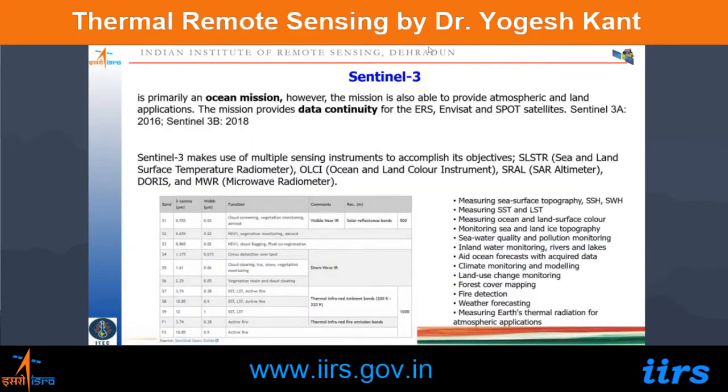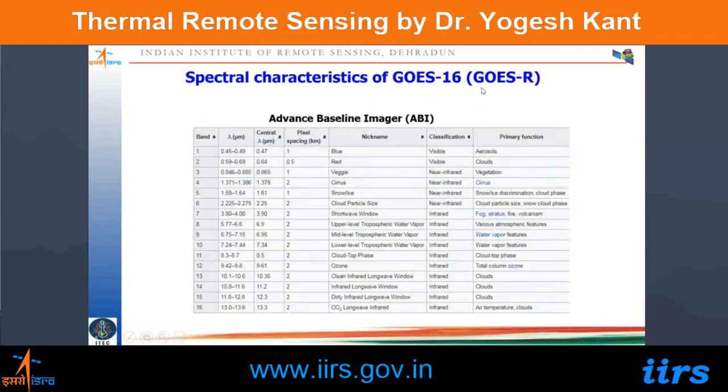So these were all the Earth observation sensors, and what I showed you are all freely available. The data and their products are freely available, and one can use and download them. And these are some examples of the geostationary platform, for example, GOES 16. This is the US